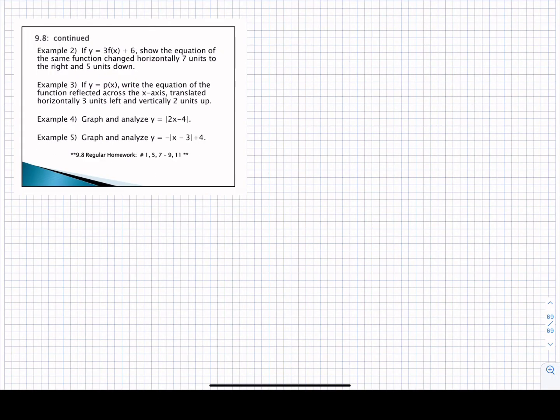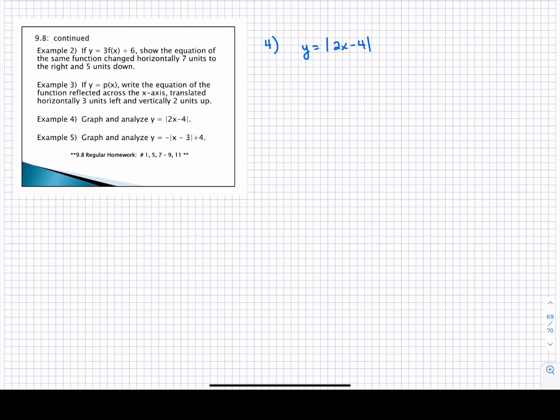With example number 4, it's a slightly different ask here. We have y equals the absolute value of 2x minus 4. And what we were being asked to do is to graph it and to analyze it. So by graphing, we mean we want you to make a sketch by hand. This is good practice. And although you're going to have your calculator for this exam, it doesn't sort of diminish